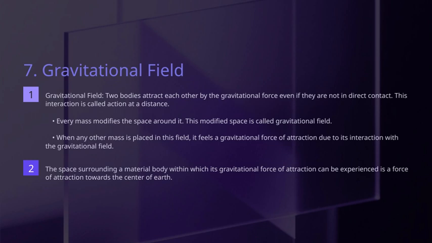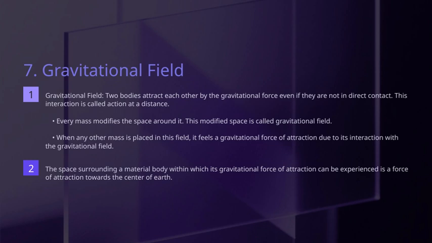This brings us to a fascinating point. Two bodies can attract each other through this gravitational force even if they are not physically touching. This kind of interaction is known as action at a distance. It might sound a bit mysterious, but it simply means that gravity acts across space, pulling objects toward each other